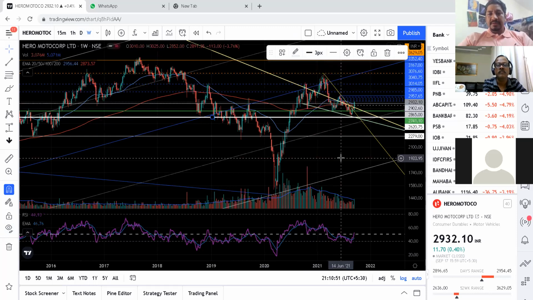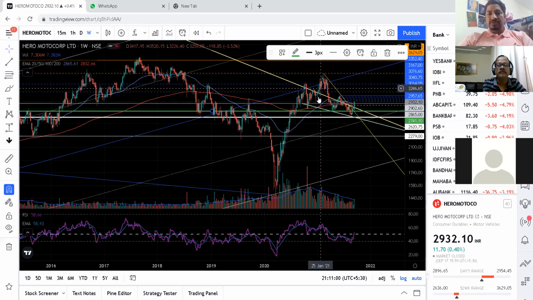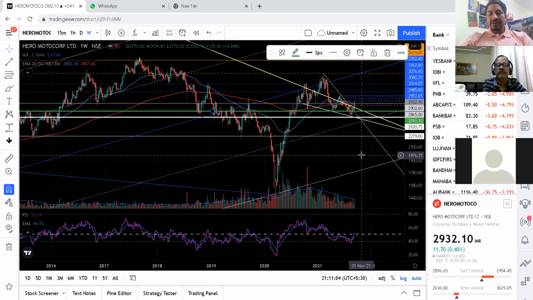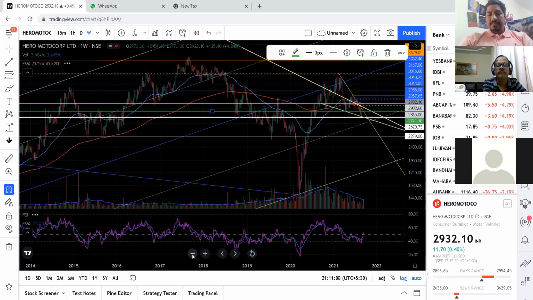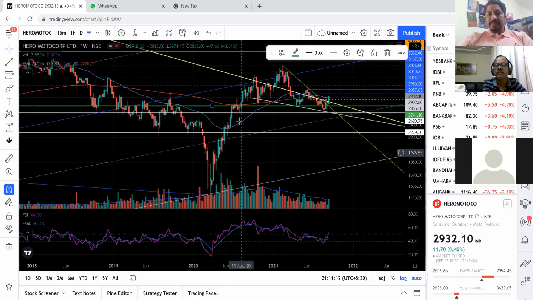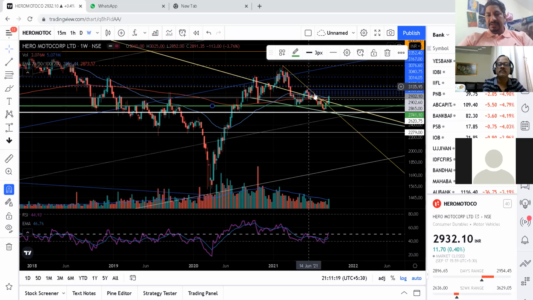Everyone can see here? Yes. So this line and this particular green line. Can you say this is the strong support when you are looking at the reversal, that somewhere here you can get the reversal? Yes. Agree? Basically, the support line is this green one, but always remember that at the last phase of any correction